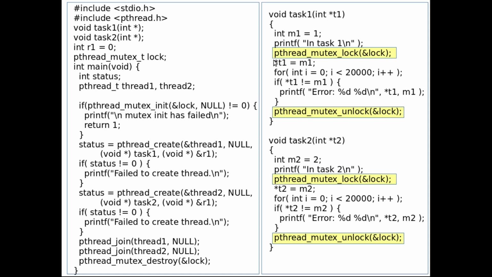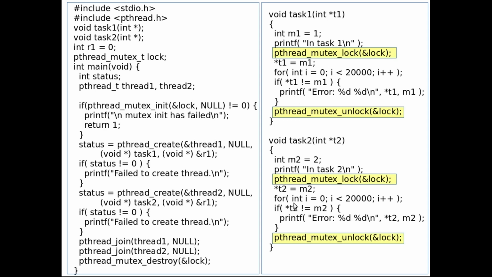Only when thread 1 completes the processing in this section of the code and then finally releases the lock, only at that time thread 2 will be able to enter this section of the code, and by that time thread 1 is already complete with its processing, and now thread 2 enters this section of the code and it will modify the global variable, and finally it will also release the lock once it is done with doing all the processing on the shared resource.